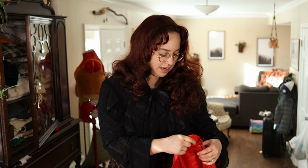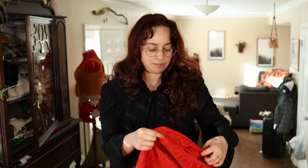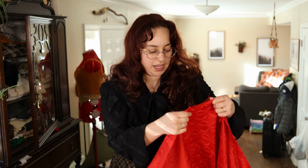Where I had to attach the rectangles, I decided to do a flat felled seam just so that it's nice, which essentially is cutting one edge short and then double folding the other over it and then stitching it so that it looks nice. I did that because this fabric is really prone to fraying and I want to be able to wear this for a long time. So I thought that was probably the easiest option to make it look clean and neat, since I am currently